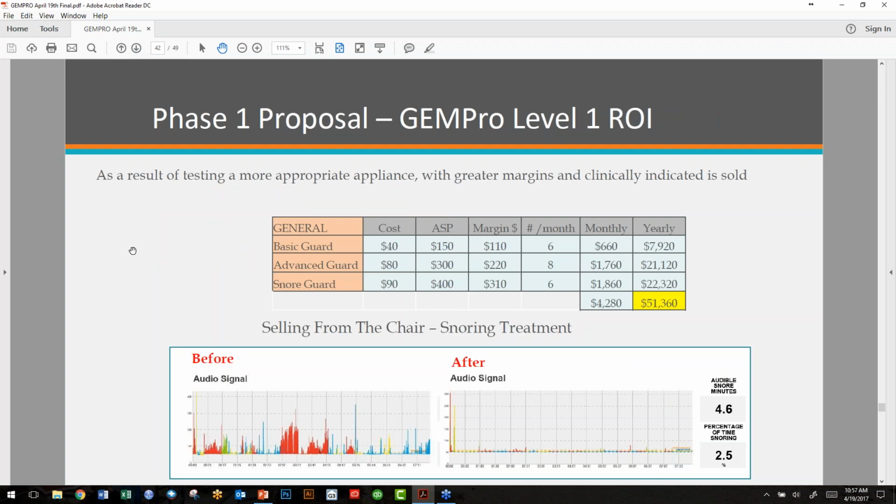Level one, you can make guards, and you're going to be making some more advanced guards. And when I say advanced guards, that's going to be a guard that's a little more sophisticated because you've learned something about the patient that's going to say, hey, listen, the $80 option is not really on the table because of what we found from the test. You need a $300 option. And